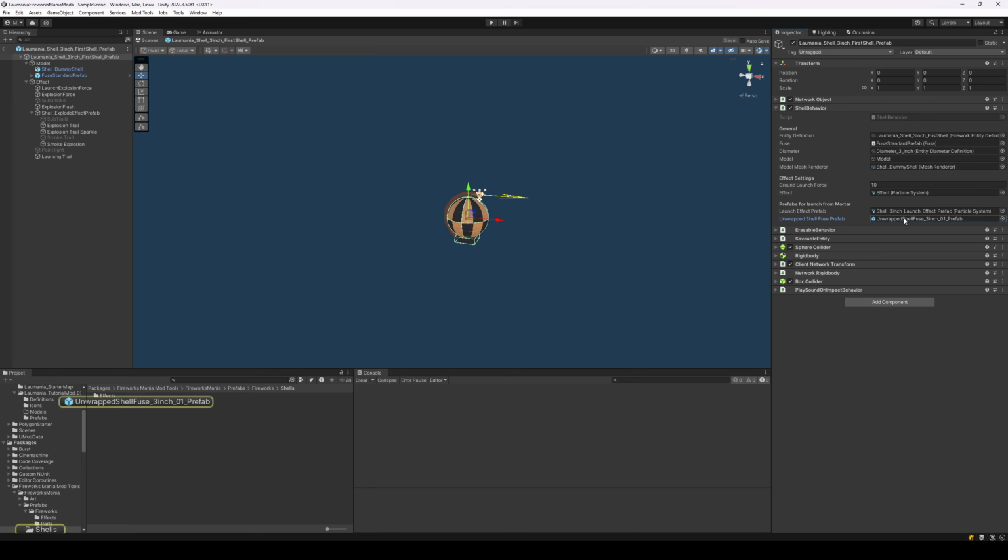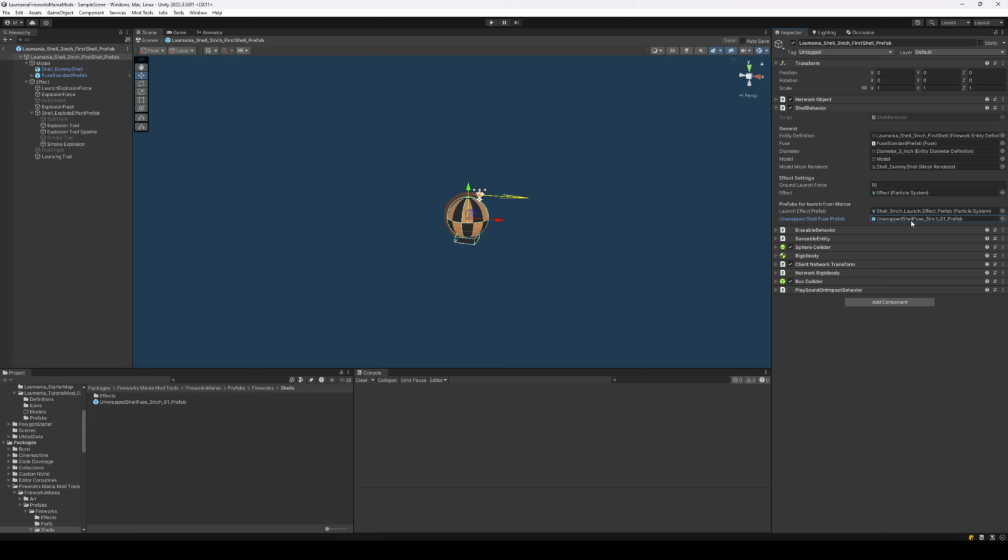So this one is just pointing to a standard one in the mod tools, and I recommend you use all these standard ones and make it work, and then change one thing at a time. So first change your shell so it looks different, but still uses my stupid looking unwrapped fuse thing. And then once that is working and you saved your project and you backed it up, then you change it